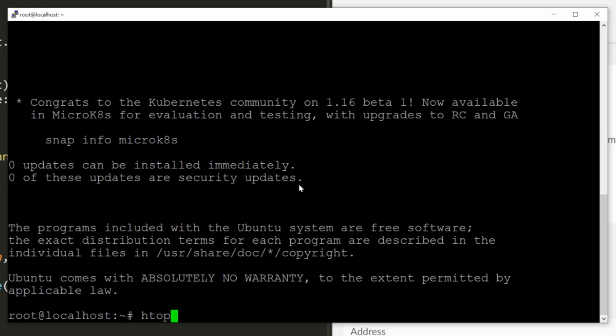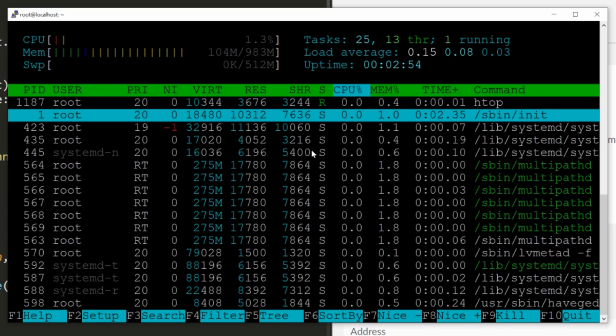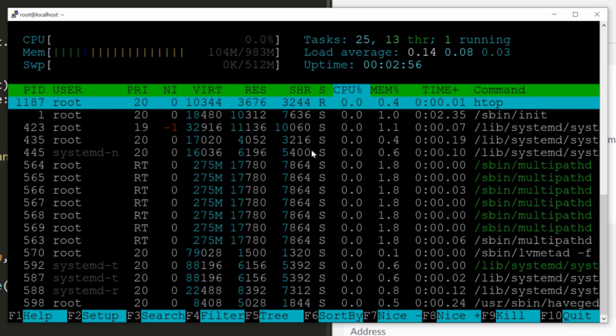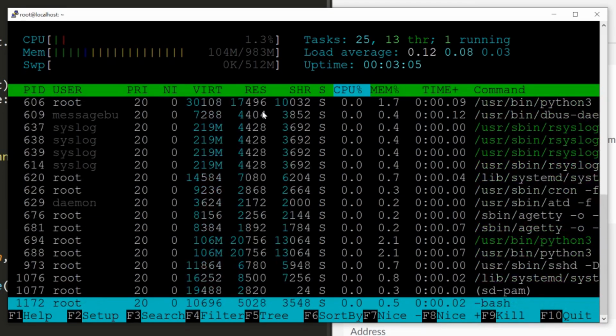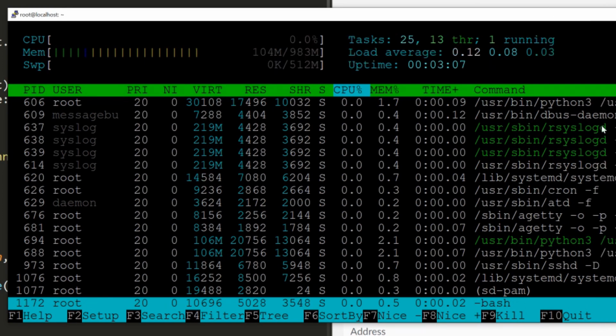Go ahead and type htop, and that brings up kind of like the task manager for your server. So say you're not sure how much memory you put in or how many CPUs you have. Well, you can just look here and it'll tell you what's being used, and you can go through all of this stuff here and look at all the processes that are running on the right side of the